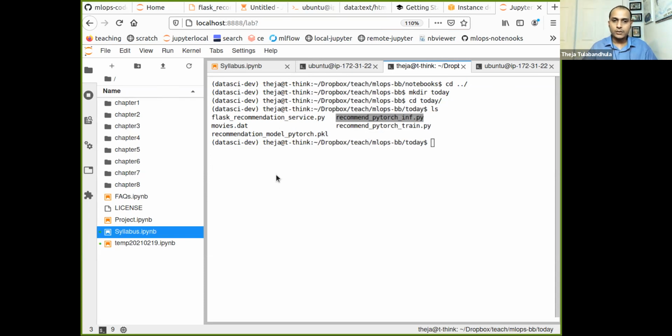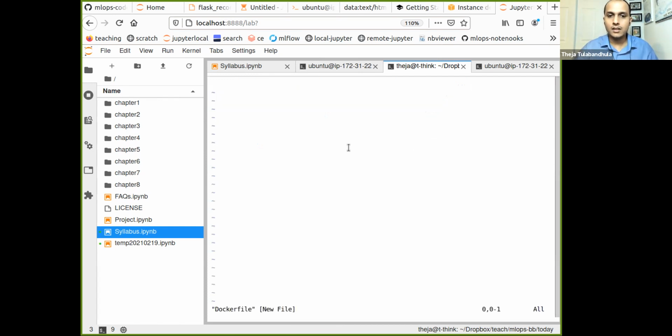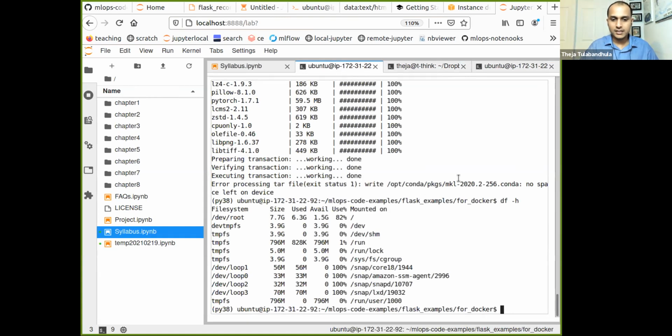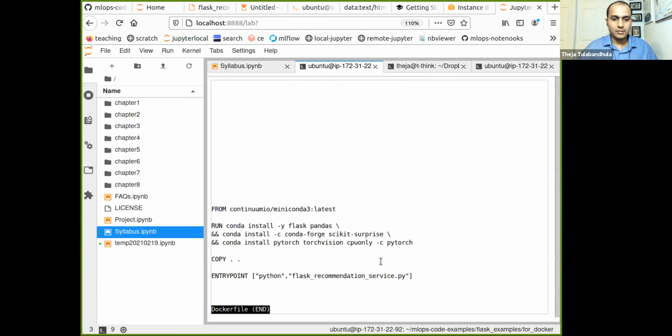Okay, so sudo. Oh, okay, I did not create the Dockerfile. Okay, vim Dockerfile, and okay, that actually, let's copy the Dockerfile from here.